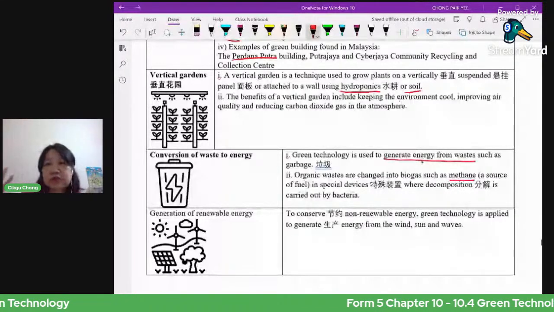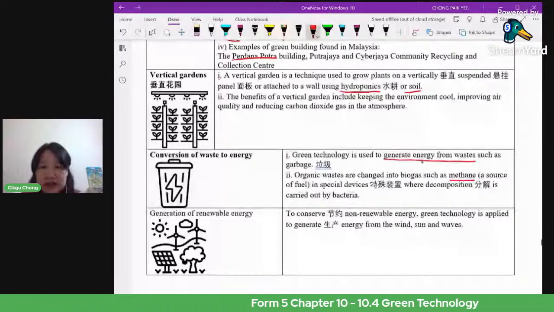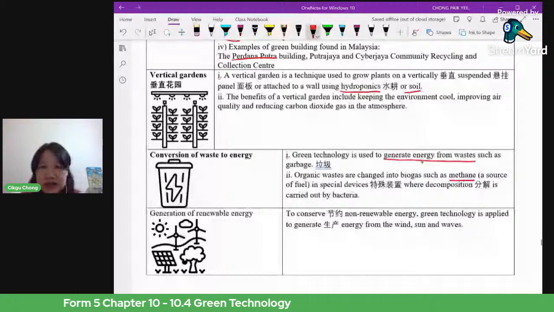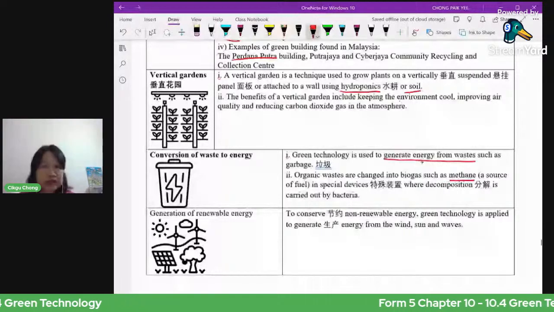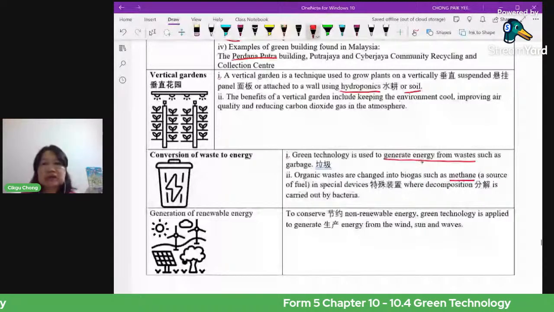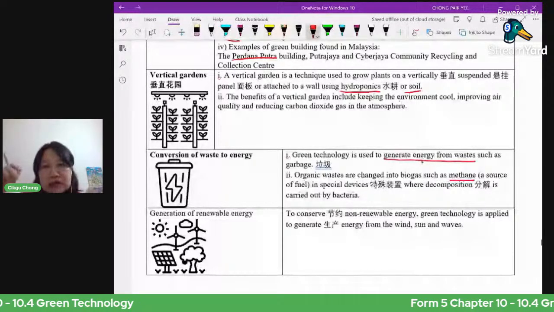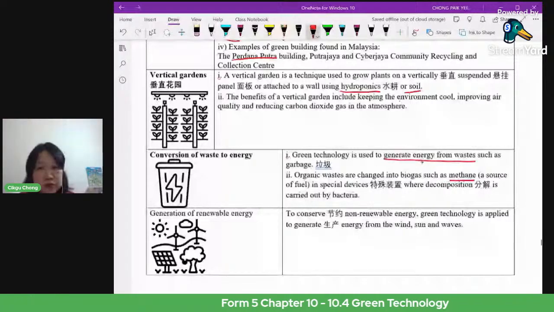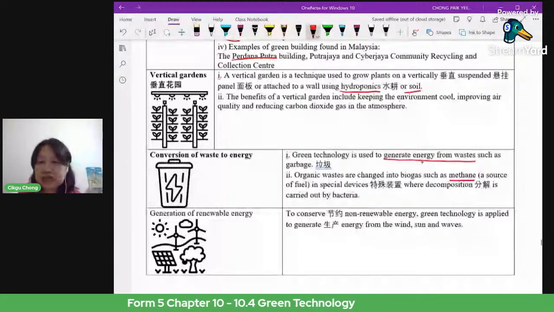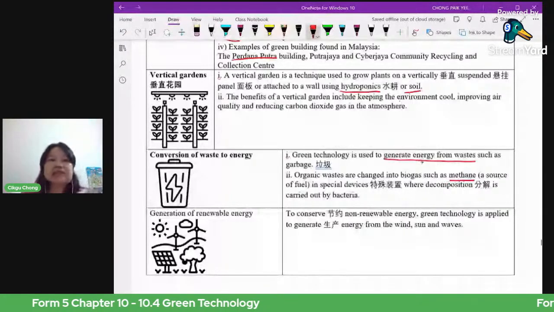Okay, conversion of waste to energy. This is something you can also do. Instead of throwing it away, kitchen waste can be used as fuel, right? The stems of spinach are so hard. Sometimes you pluck them away and only need the leaves, right? Even if you cook the stem, it's actually kitchen waste. You can convert it into something useful. So generate energy from garbage. These are thrown away, right? You consider them garbage. So you can